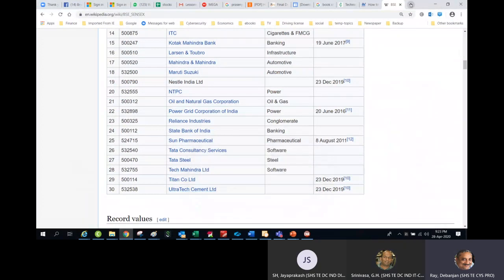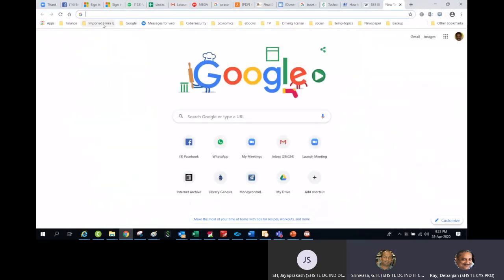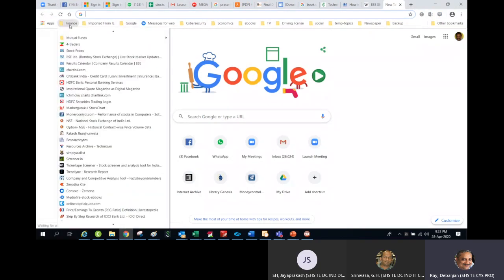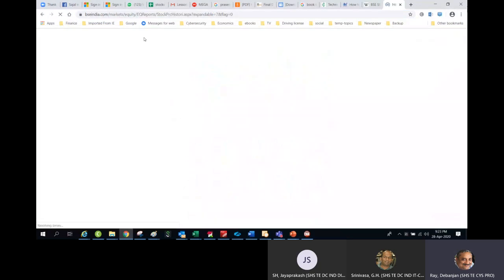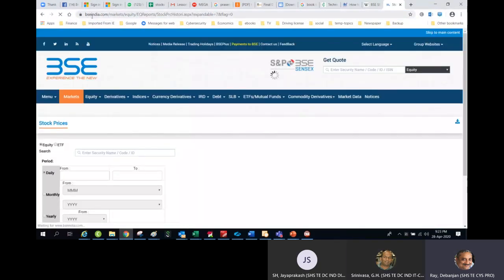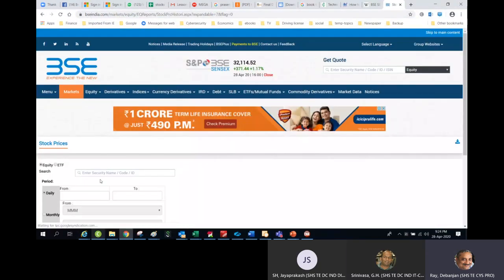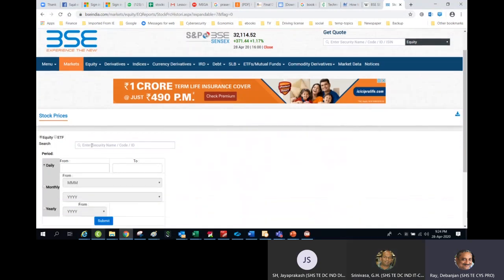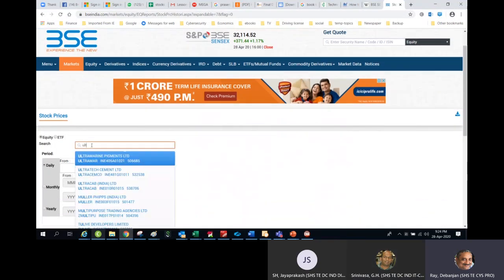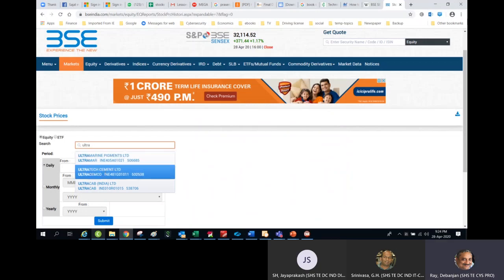So what I now go, the source of the data, first time when I'm pumping the data, I am picking the Bombay Stock Exchange. I will go to bseindia.com and I will give Ultratech Cement.